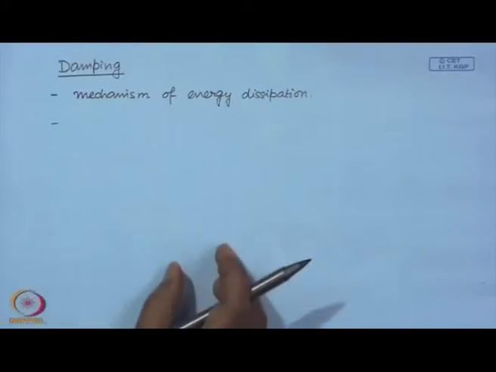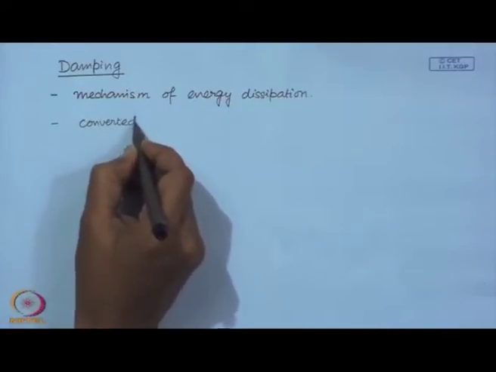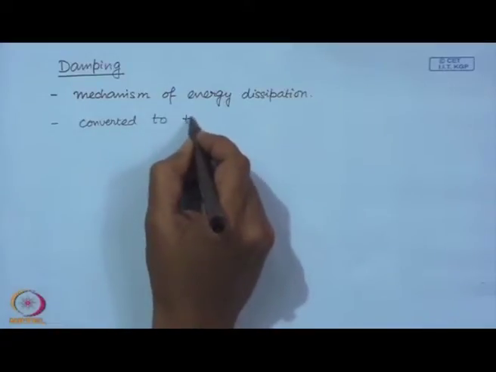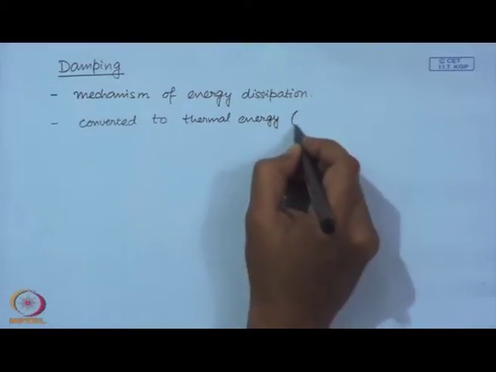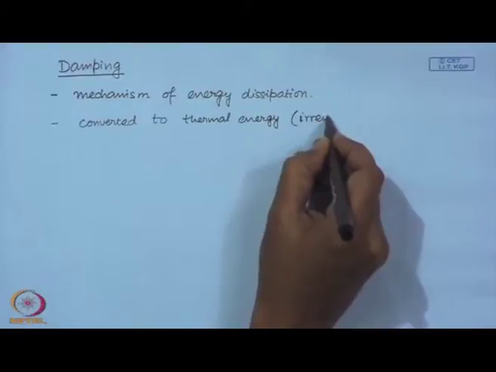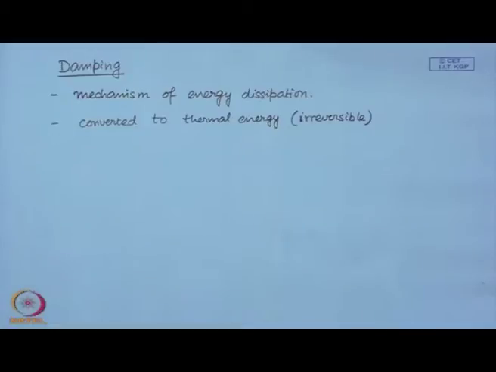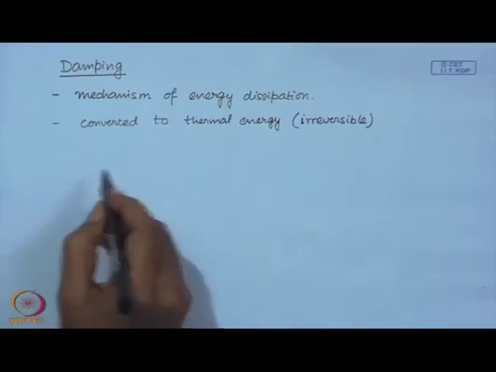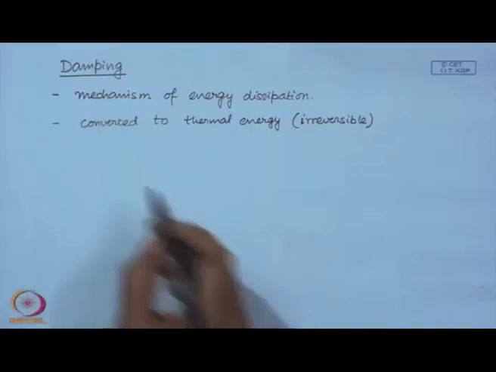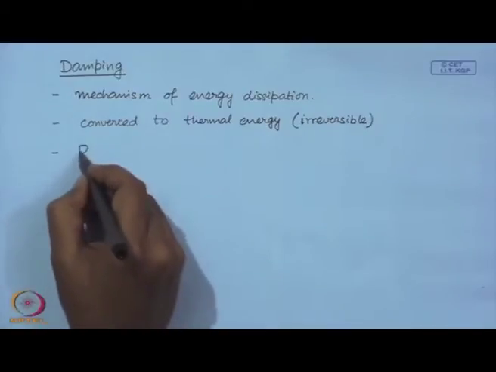Now, what happens to this energy that is dissipated? It gets converted to thermal energy, and this is an irreversible process. This conversion of mechanical energy to thermal energy in these cases is an irreversible process. Now, most of the damping mechanisms work on this, but there is an exception which is known as